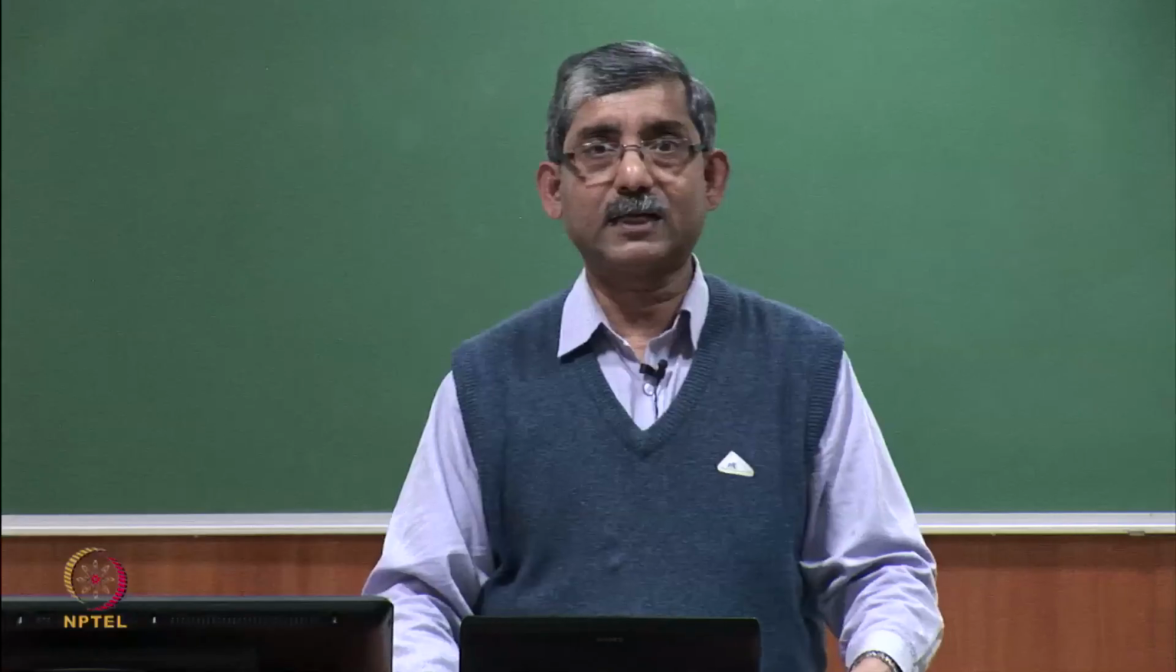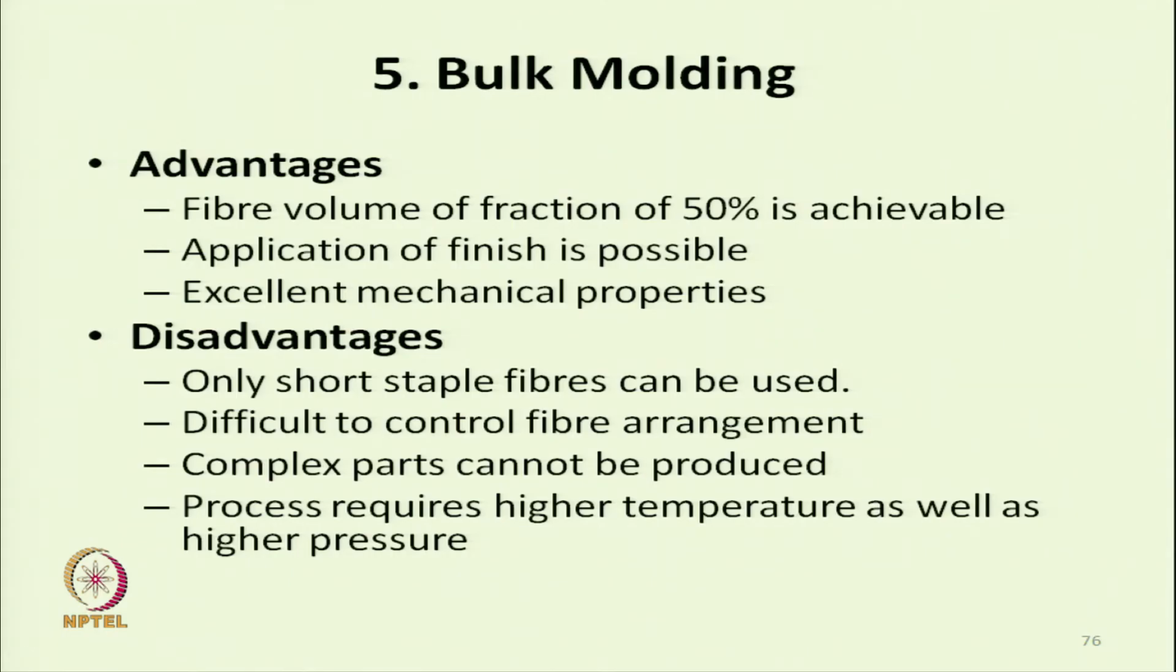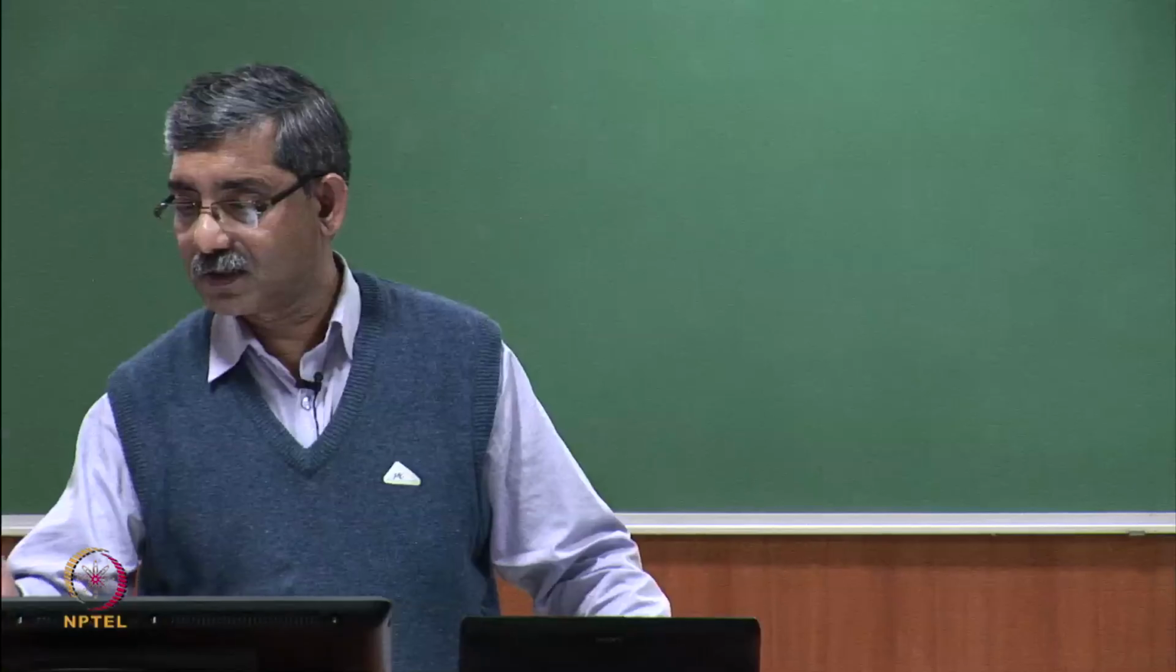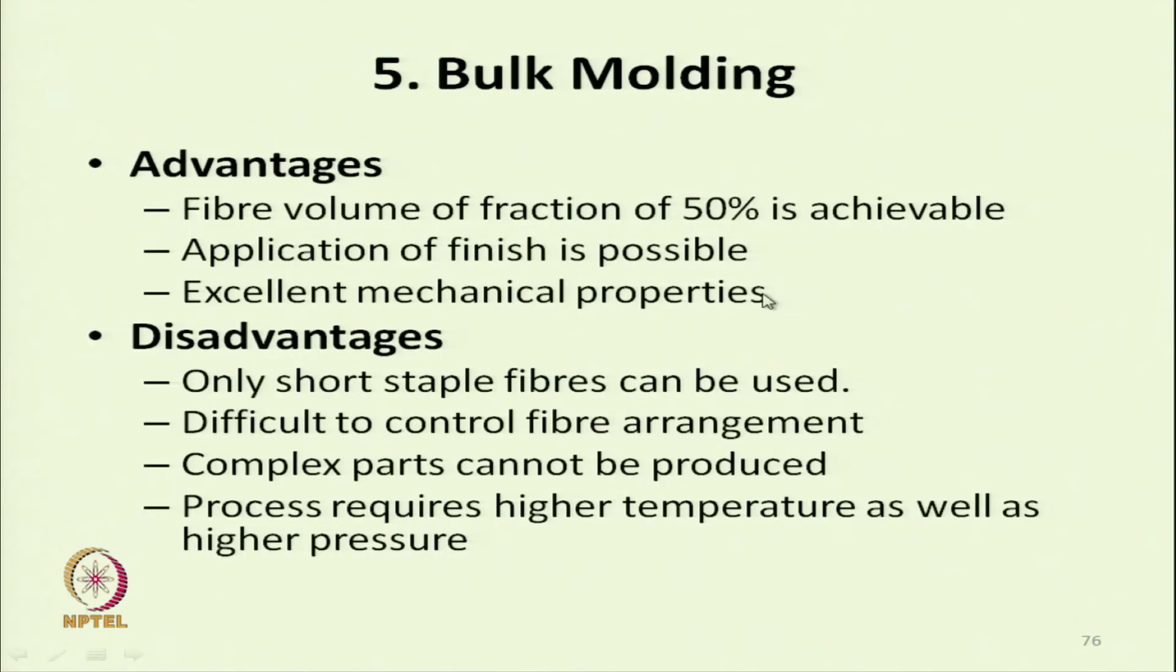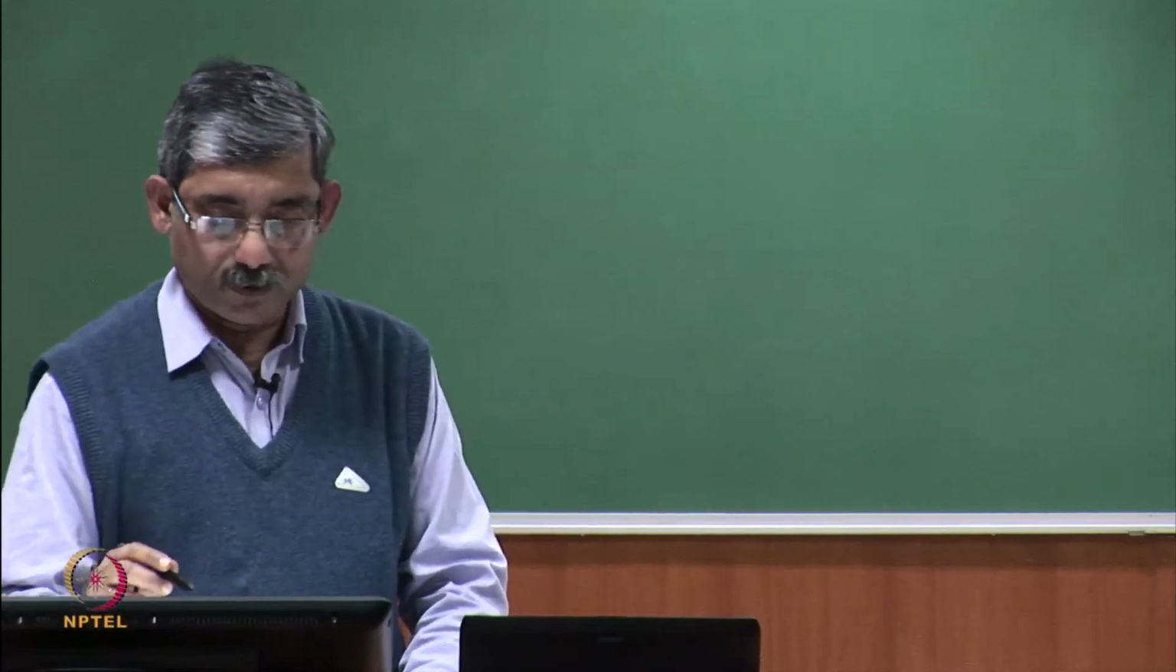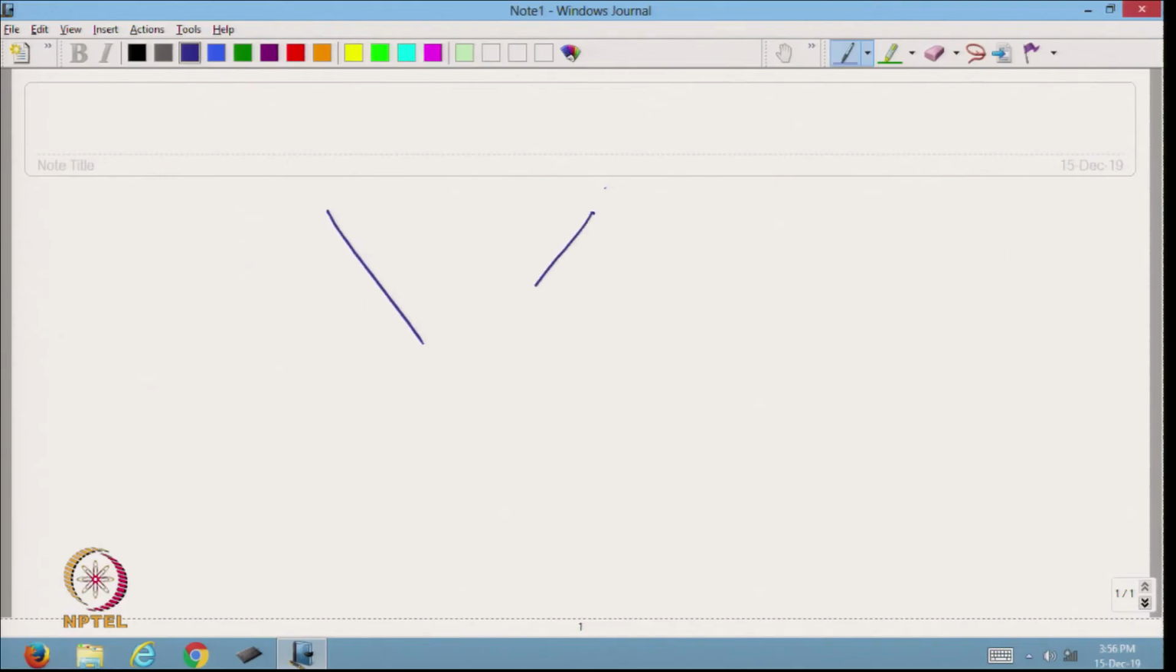The next process is bulk molding. Here a fiber volume fraction of 50% can be achieved. We can have finish application, and excellent mechanical properties can be achieved. The system is very simple here, and in this system we have to use chopped fibers of smaller length, the chopped fibers and the matrix, that prepreg, these are the fibers,